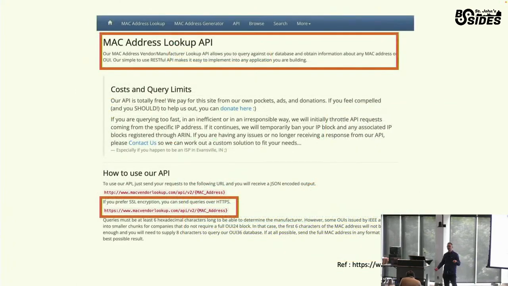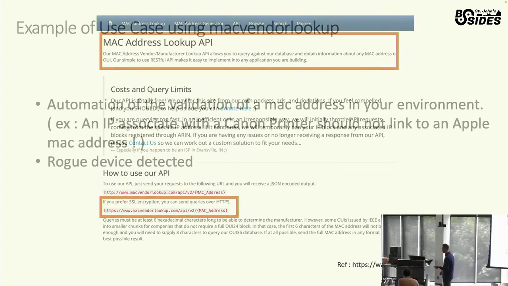MAC address. The last talk was pretty cool. It's almost like getting rid of the MAC address, right? But MAC address is still used a lot in our infrastructure wherever you go. And there are multiple reasons why you want to look at the vendor behind that MAC address while you're doing an investigation. Remember, an investigation could be not only on an external threat, it could be an internal threat as well. And when it's an internal threat, most of the time you do have access to a MAC address that is tied to an internal IP.